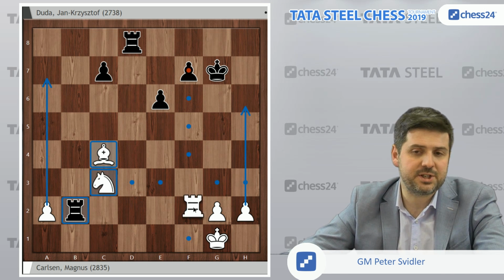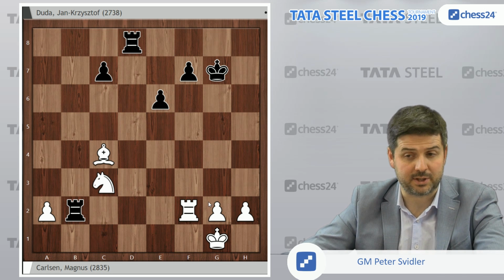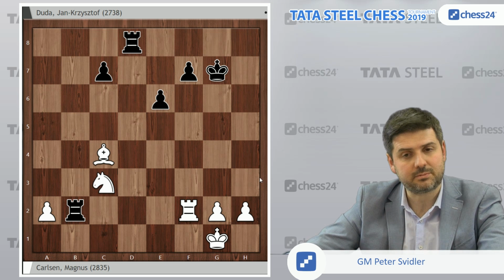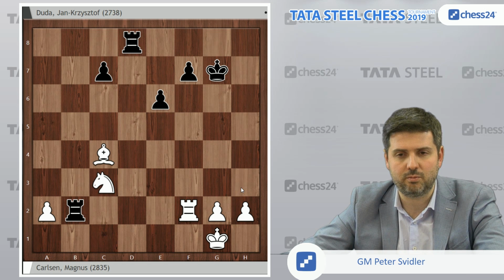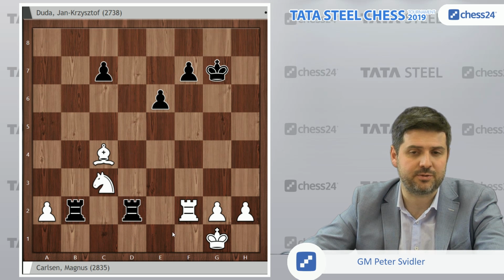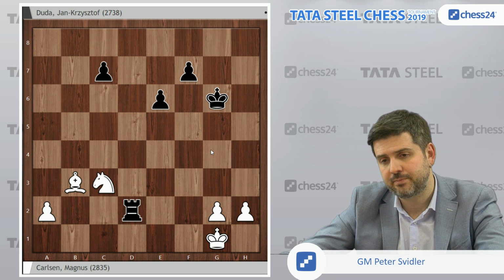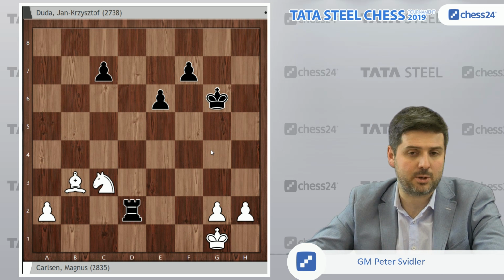And I think, for instance, the next move that Magnus made, rook f2, might already be a very significant mistake, because I think logically black should be favoring the idea of trading a pair of rooks here. And after rook d2 takes, let's say bishop b3 and king g6, play can continue something along the lines of